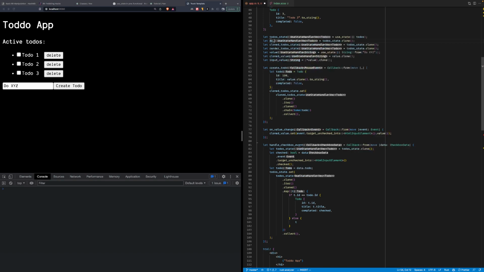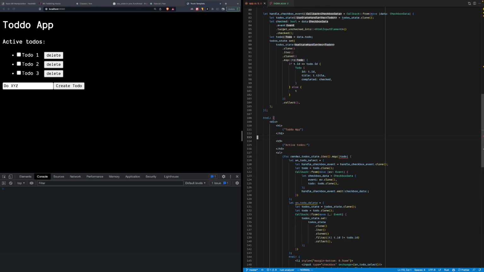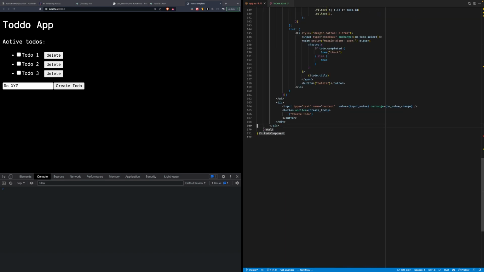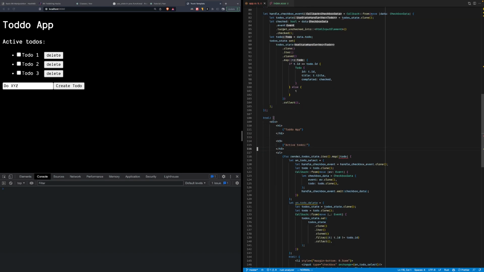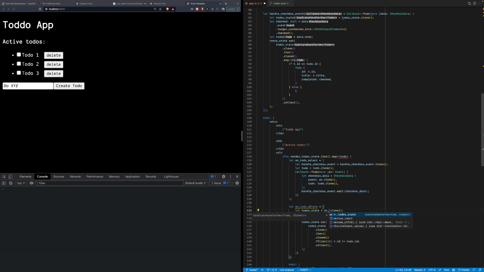Delete, to-do delete cloned to the to-do state. This is really bad. There should be a way. I'm just not getting it. So what we are going to do is we're going to use this.